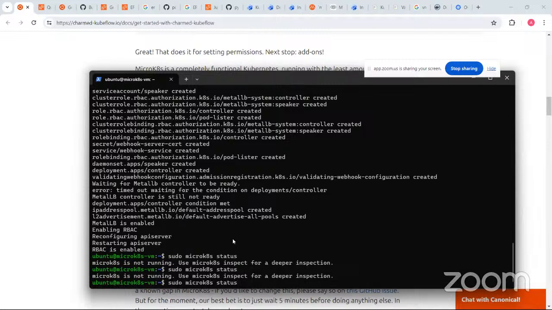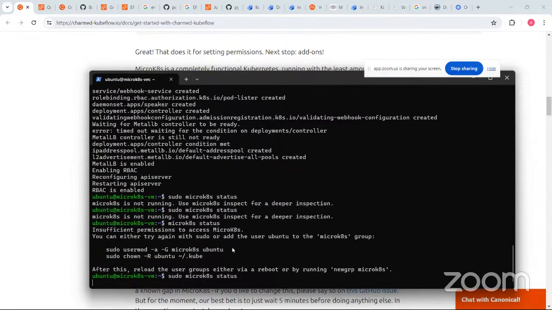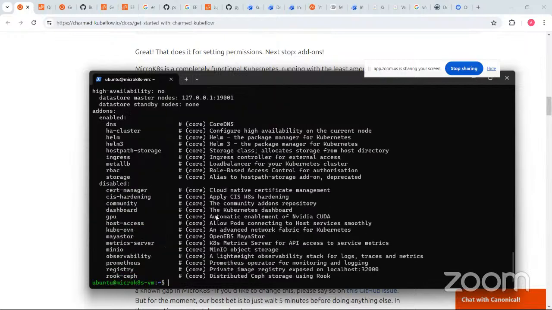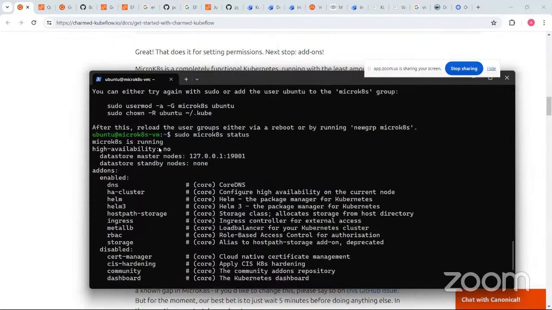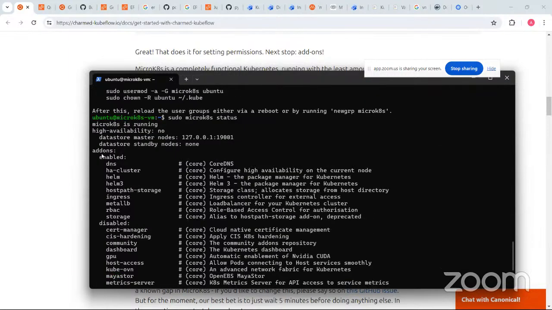So let me try it without sudo: microk8s status. Okay, so you can see high availability. You can see now that all of these add-ons have been enabled in our MicroK8s cluster. So you can see MicroK8s is running, high availability is no,